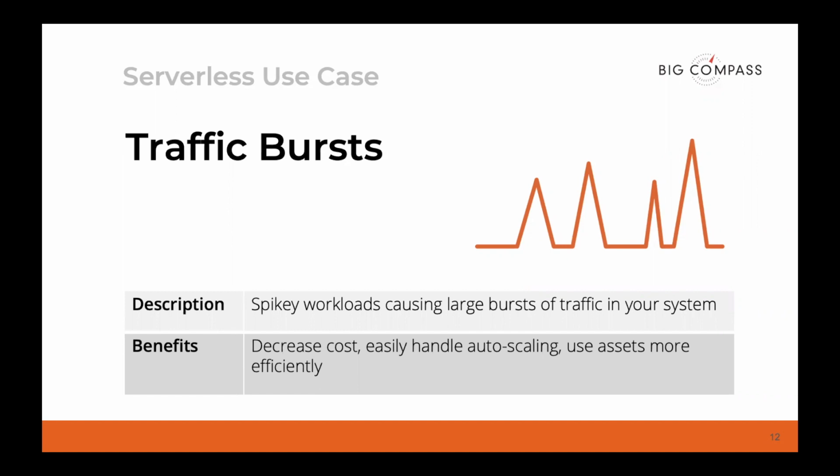But with serverless, you can invoke your processing layer from incoming messages that scale out to thousands of concurrently processing AWS Lambdas, and that allows you to, number one, process faster, number two, handle those bursts with ease. You can absorb that workload really, really easily. And best of all, you can use your assets more efficiently. Now the cost for traffic bursts has drastically decreased.